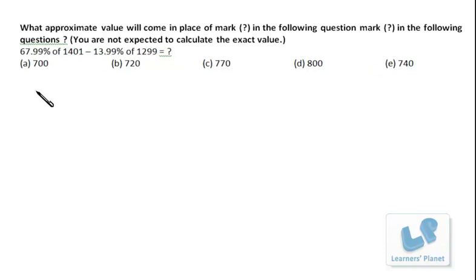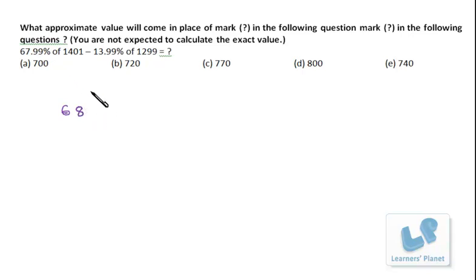Now further, this is a percentage sign, this is a percentage sign, so divided by 100 can be taken as common. Now these two data are being multiplied and these two data are being multiplied, right? So what we do is, and the options are having a difference of 20 to 100, in the range of 20 to 100. So a bit of approximation can be done. Okay, so it is 67.99. I just write it as 68.